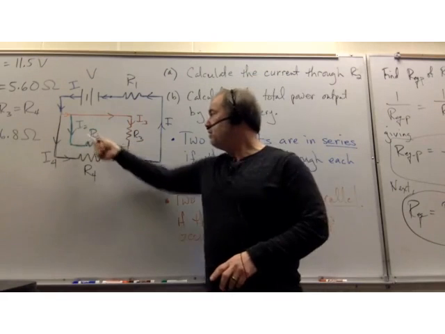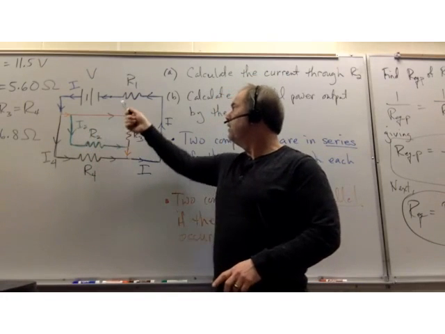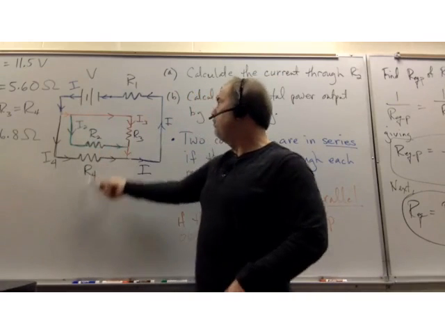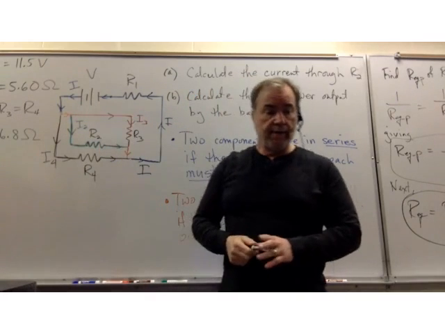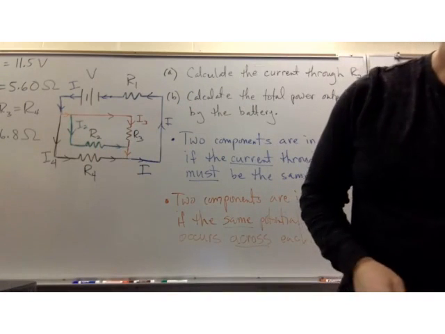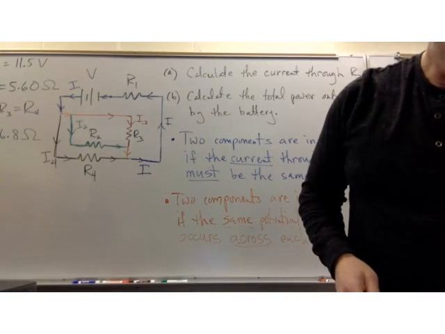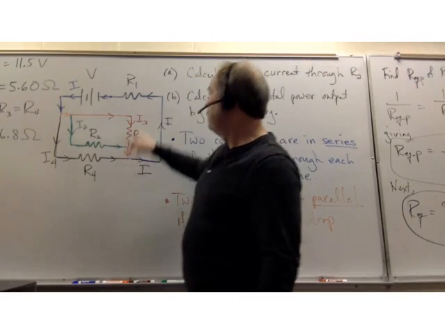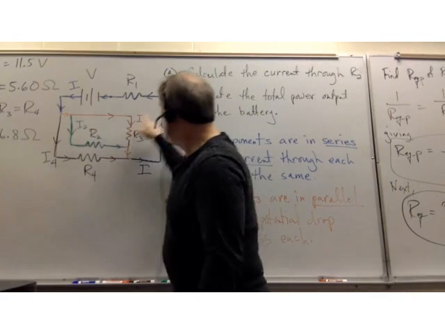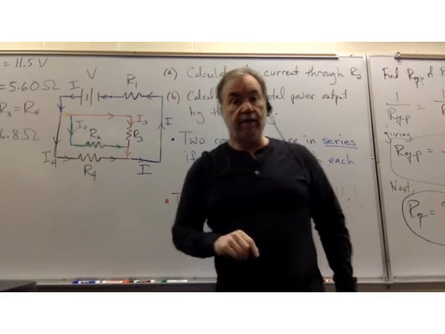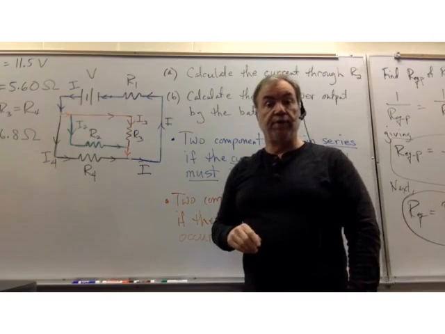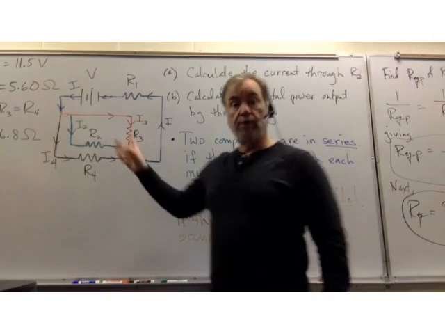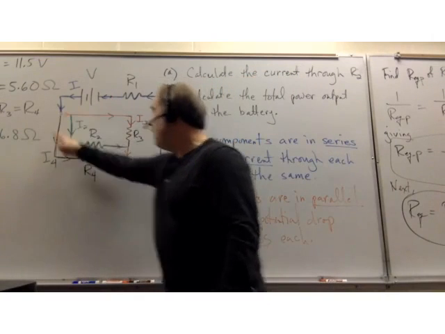To get I2, well, I2 involves currents I3, I4, and the total current I. So we have basically 3 unknown currents: I2, I3, I4, and so we need 3 equations with 3 unknowns. And we will get that by applying Kirchhoff's first loop rule to 3 of these loops, and I'm going to choose the outer loop,